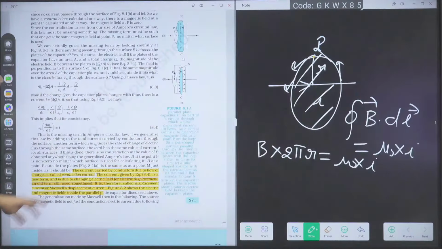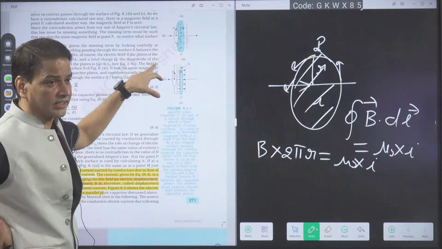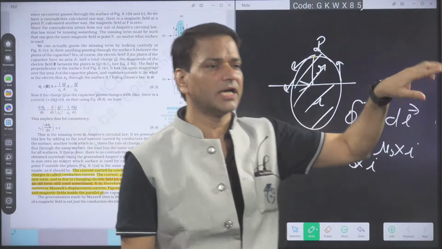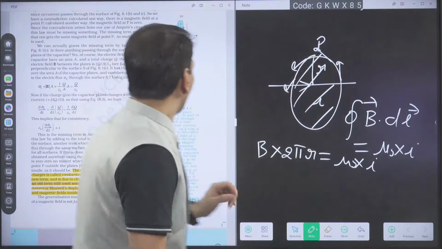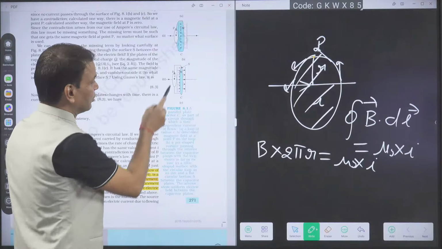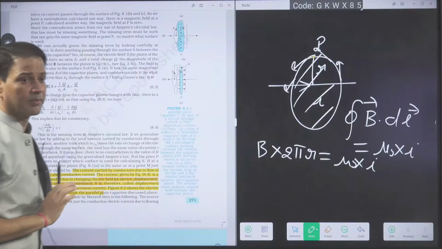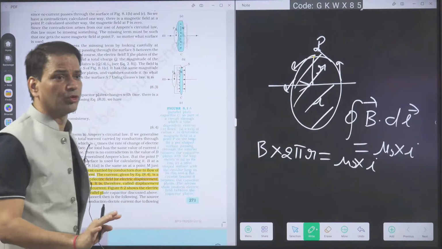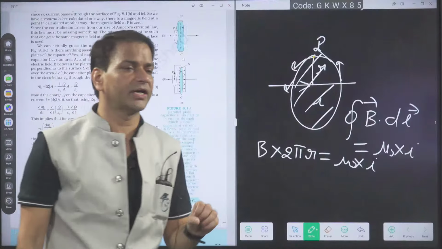When we do the same in a capacitor, suppose we connected the capacitor plates with a conducting wire. In the wire, which current will we have? Conduction current. Why? In the wire, charge or electrons are flowing. So which current do we have in the wire? Conduction current. Suppose we want to find the magnetic field here, so we have taken the circular Ampere loop. Everybody getting it or not? I will apply Ampere's law: B into 2 pi R is equal to mu naught into I. How much current is crossing this Ampere loop? I. Then what will I get at the point P?